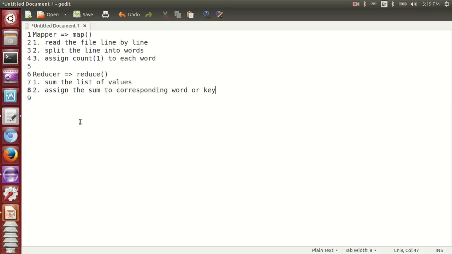So this is the implementation we have to do. For this, we need to take care of writing a word count job Java class. Second one is the word count mapper. There is one more class. Third one is the word count reducer. So these are the three Java classes we have to implement as part of this solution. Okay, so I'm going to start implementing it with the help of